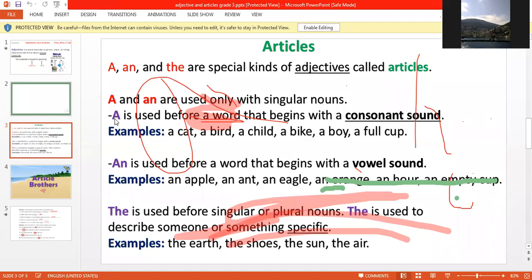If we have a word that starts with a consonant, then we use the article a: a cat, a bird, a child, a bike, a school, a house, a full cup, a chair, a table, a flower. I'm wearing a shoe, shoe only one. Any noun that starts with a consonant, we should use a before it. And an, on the other hand, is used for the nouns